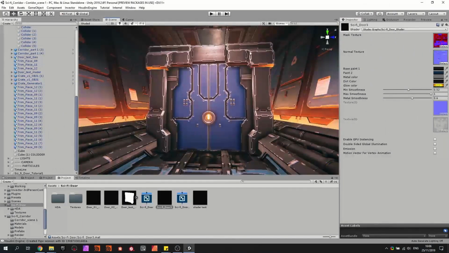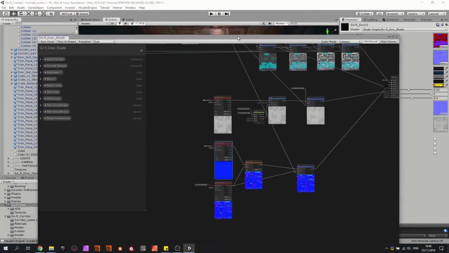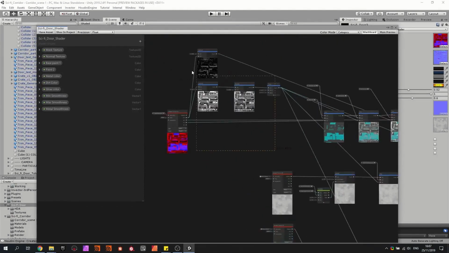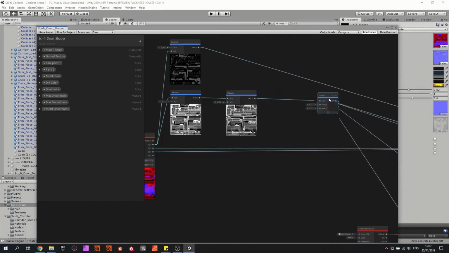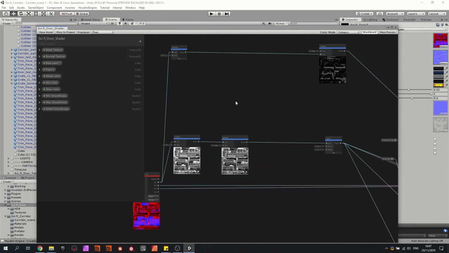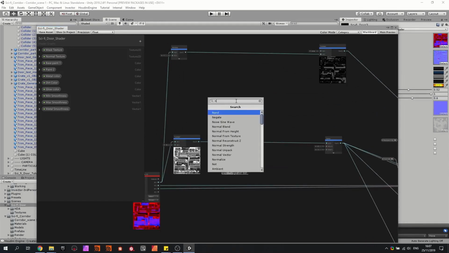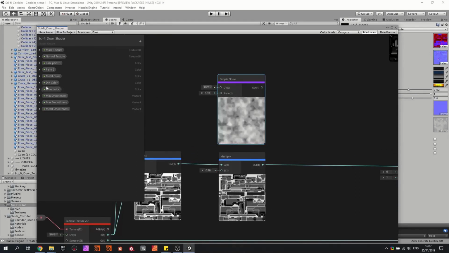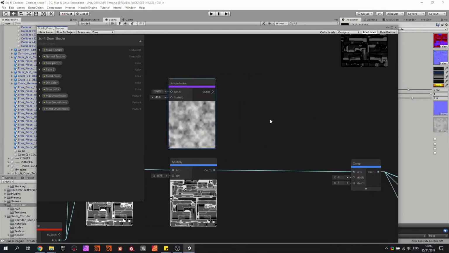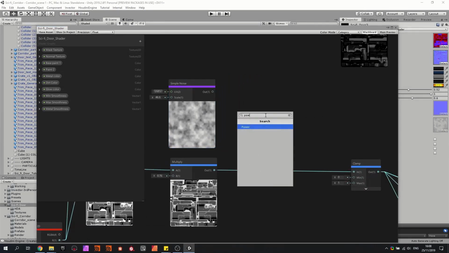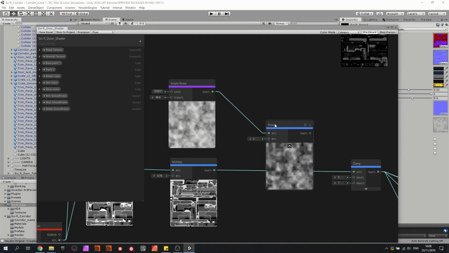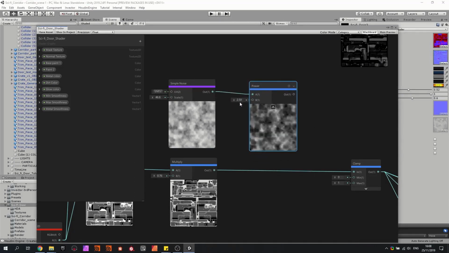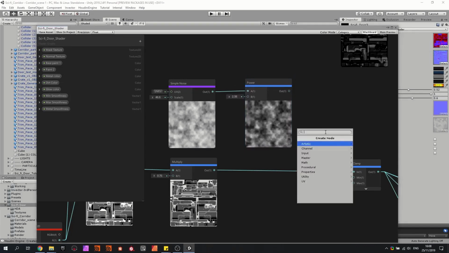So next I'm going to tweak the metal mask a bit, because it's not that nice at the moment. Make a little bit more room here. What I first would like to do here is to create a noise. So if you just type in some noises, we have a simple noise which looks like this, and I'm going to scale it a bit up so you can clearly see the noise. And I'm gonna use a power, and with the power we can play around a bit more, and I'm gonna subtract